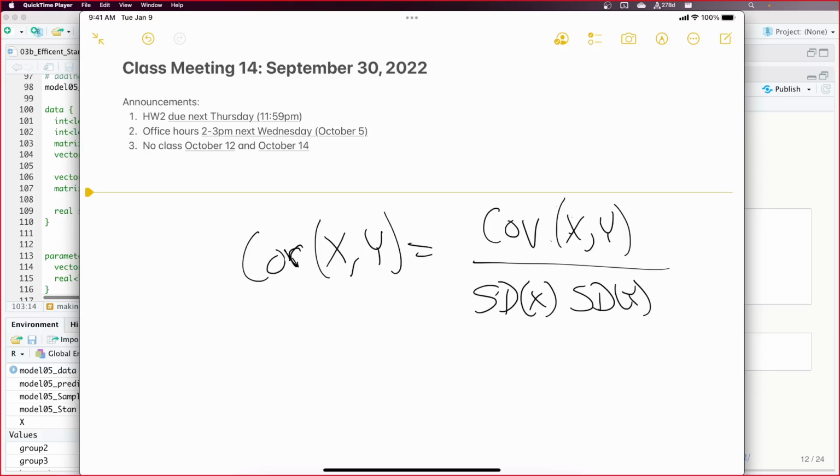Or another way of putting that, if someone gives you a covariance matrix, the diagonal of that covariance matrix is the square of standard deviation. It's the variance. So you can always take a covariance matrix and turn it into correlation, because you have all the terms you need. So why I'm emphasizing this is I don't know of a case where you would want